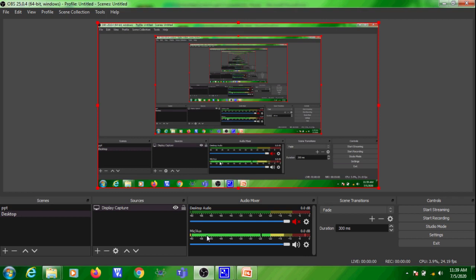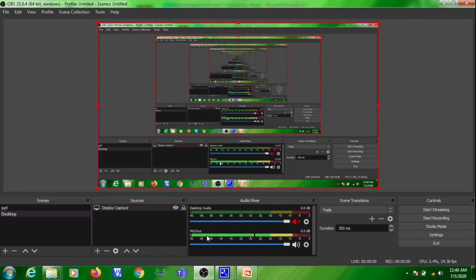By using the same method, you can create a tutorial for a software. Say for example, you are going to create a tutorial for MATLAB. Similarly, take MATLAB, minimize this OBS, click on Alt T, so it will start recording. Whenever you need to stop the recording, give Alt P, so it will stop the recording, right?